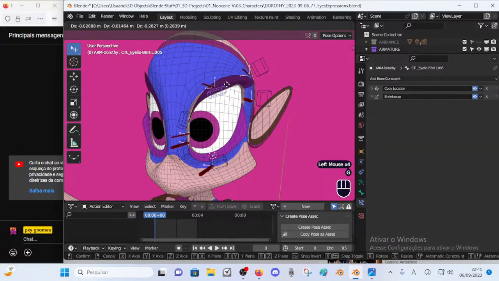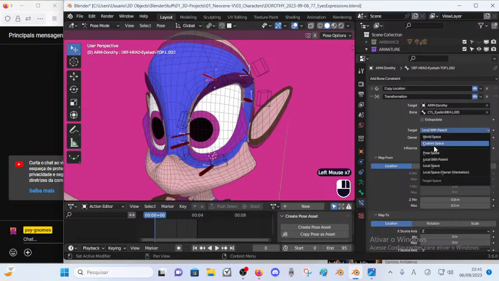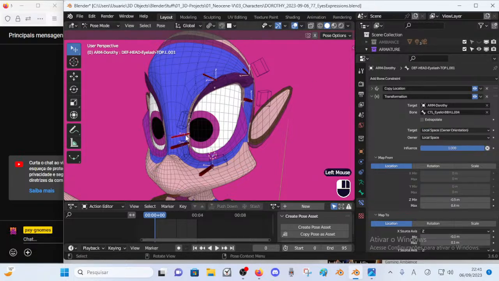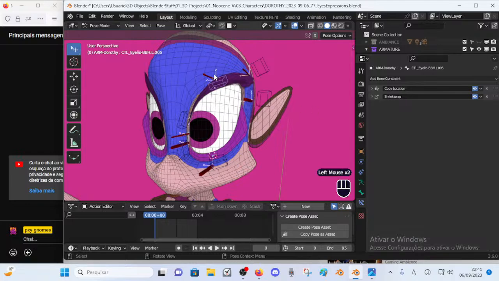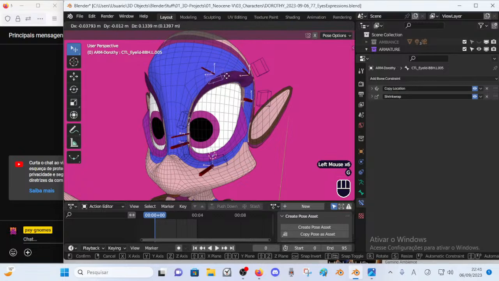Extrapolate, does it? No, there's nothing to do. I don't need that. So, the target is correct. Yes, the target is that one. Local space, whatever. Or what is the? Okay, local with owner orientation. Okay, now you see it works. So apparently the parenting thing, the local with parent, was not working.